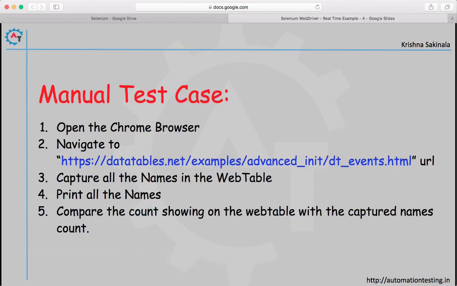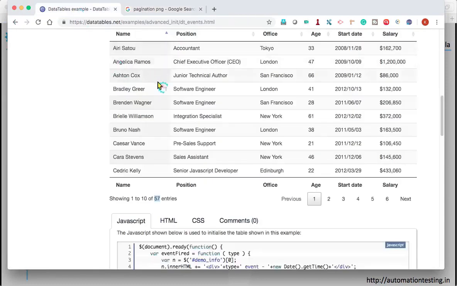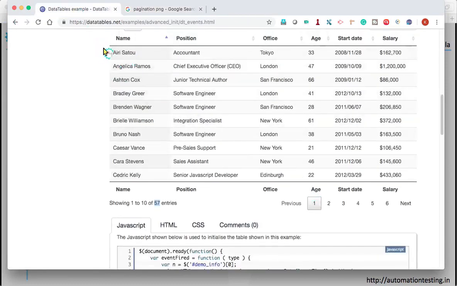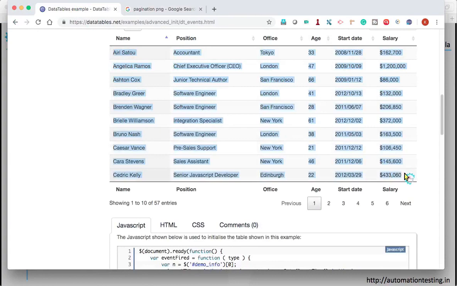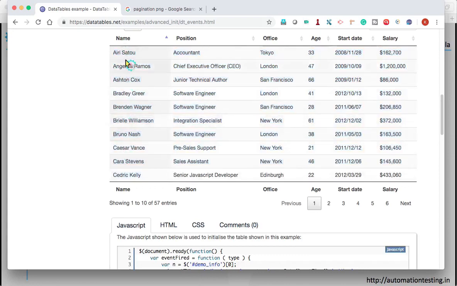In this web table, I have 6 pages, and for each and every page I need to capture these names, print them, and compare the count with the text here, showing 1 to 10 of 57 entries, to check whether all the names total 57 or not.